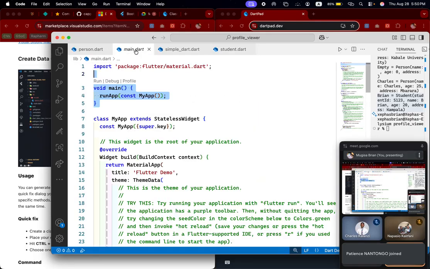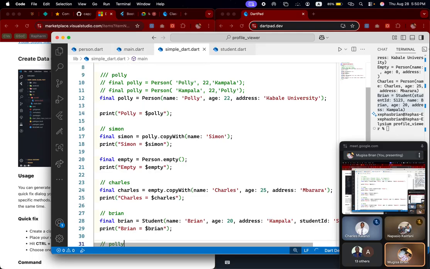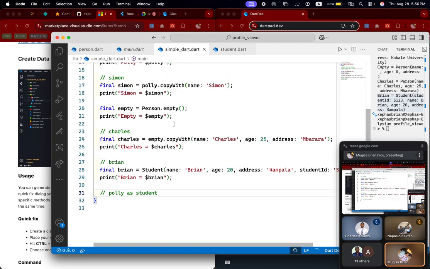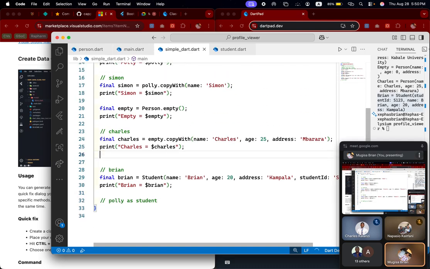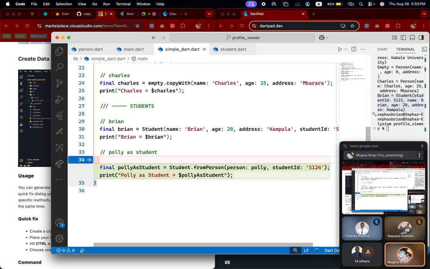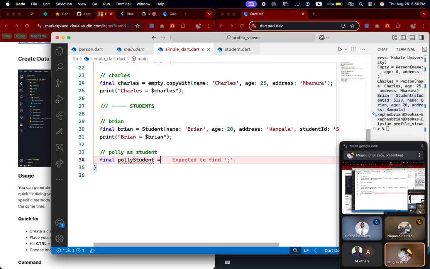So we come back here to our main simple app. Now we want to create students. We shall start with Polly, the one we had at first, but this time as a student. I'll use this auto completion for faster. Let me just mark this section to be students. In case you want to get Polly as a student, it will be final Polly student, sorry, equals to